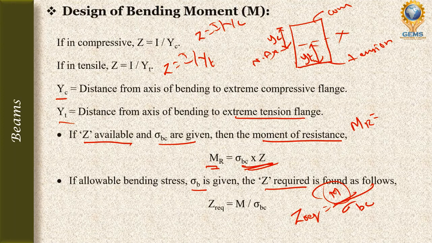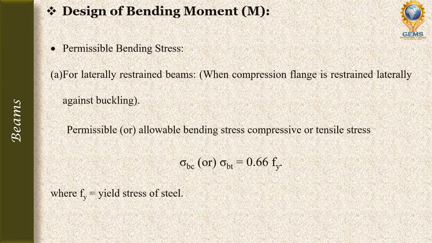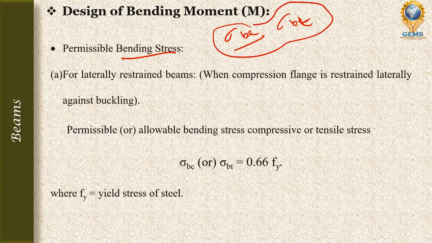But what is the permissible bending stress? We are using sigma bc or sigma bt, so we have to consider how we can know the permissible bending stresses. Suppose there are two types of beams: one is laterally restrained beams, another one is laterally unrestrained beams. So laterally restrained beams means,